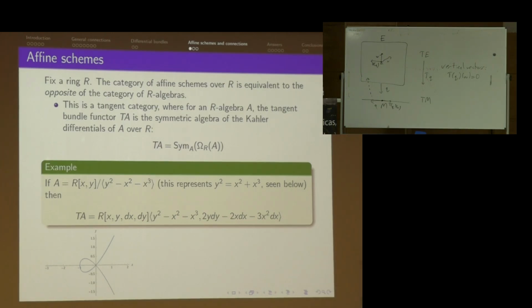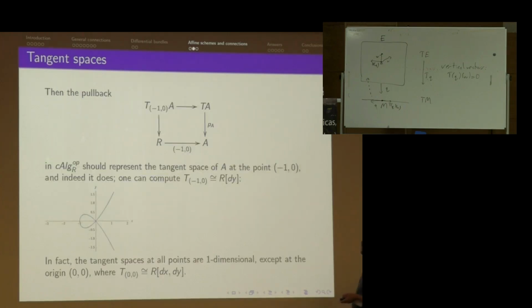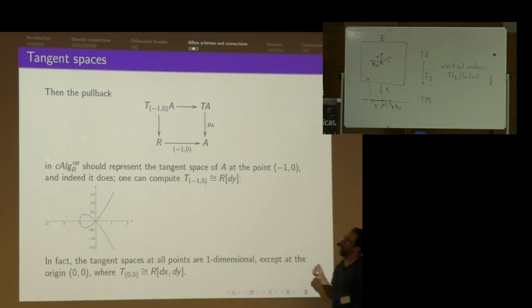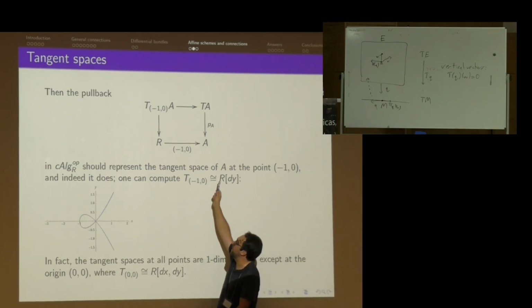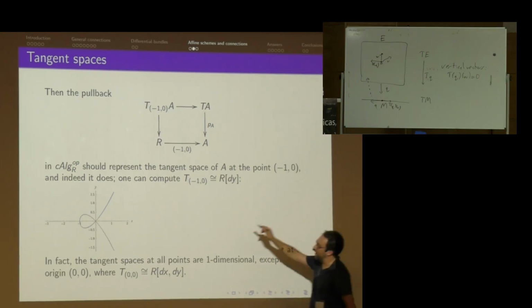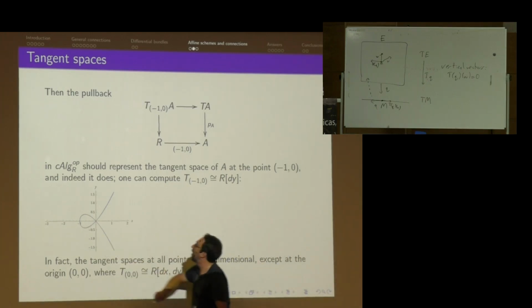Well, you can calculate some of the tangent spaces to see if this is actually the right thing. In general, if I want to know the tangent space at a particular point, that's going to be the pullback of the tangent bundle along that point. In the category of R algebras opposite, R is a terminal object. You represent a point by the map which evaluates the polynomial at that point. If you calculate this pullback, say at this point negative 1, 0, which is here,